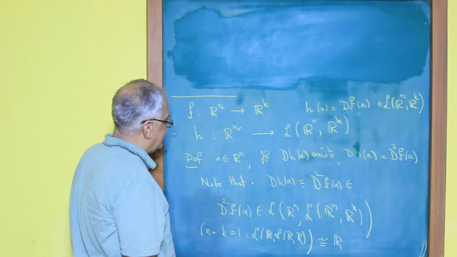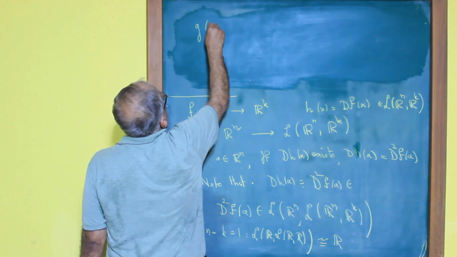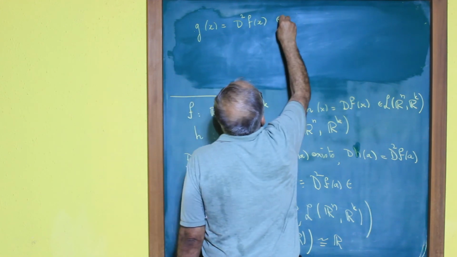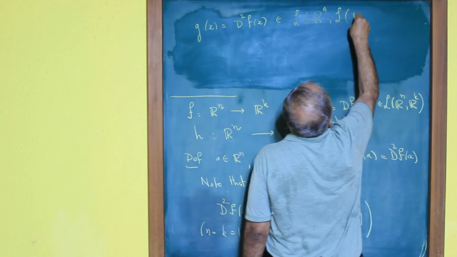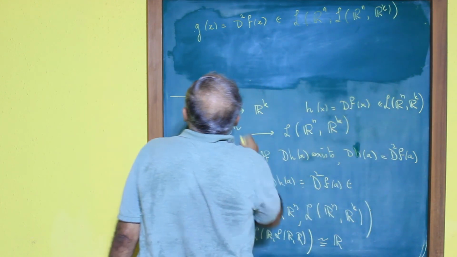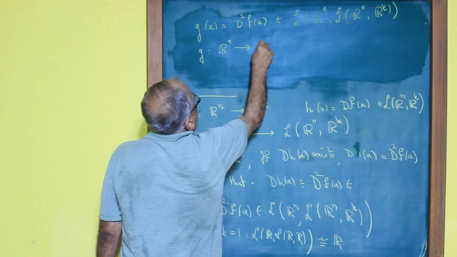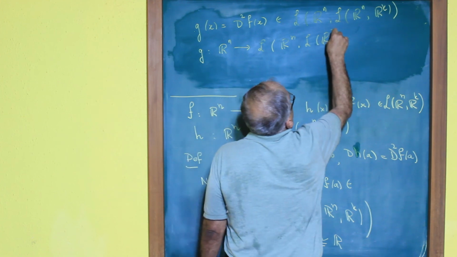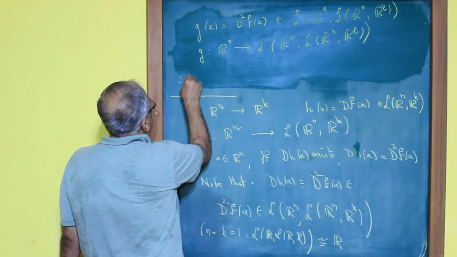If you have understood this correctly, then the second derivative of f, g of x, equal to the second derivative of f at x, is an element in linear maps from Rn to linear maps from Rn to Rk, and therefore this function g is a map from Rn to linear maps from Rn to linear maps from Rn to Rk, and therefore,